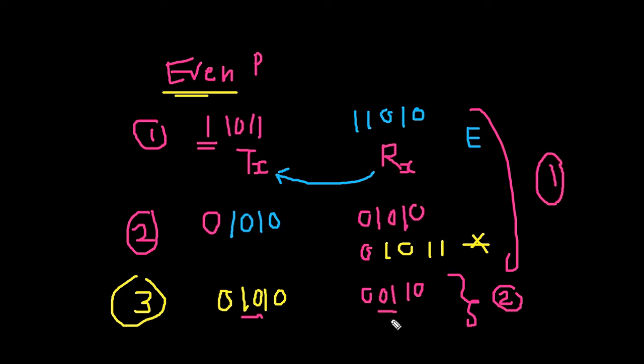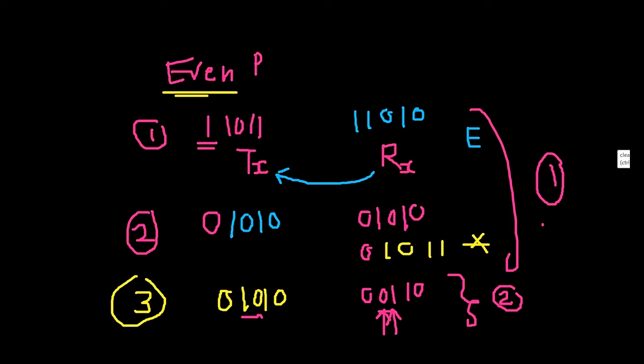But actually on looking at the data, we know that an error has occurred in the transmission at this bit location as well as at this bit location. So from this example, we can conclude that if more than one bit is changing, then the even parity scheme cannot be used to detect the error at the receiver side. So the limitation is that it can be used to detect an error only up to 1 bit.